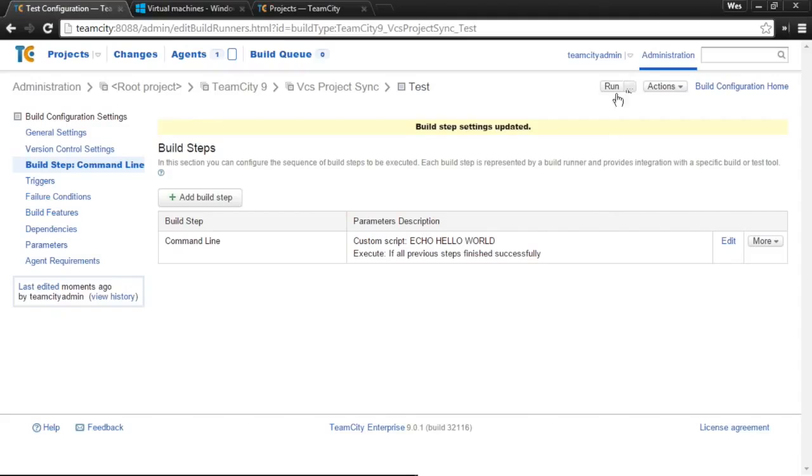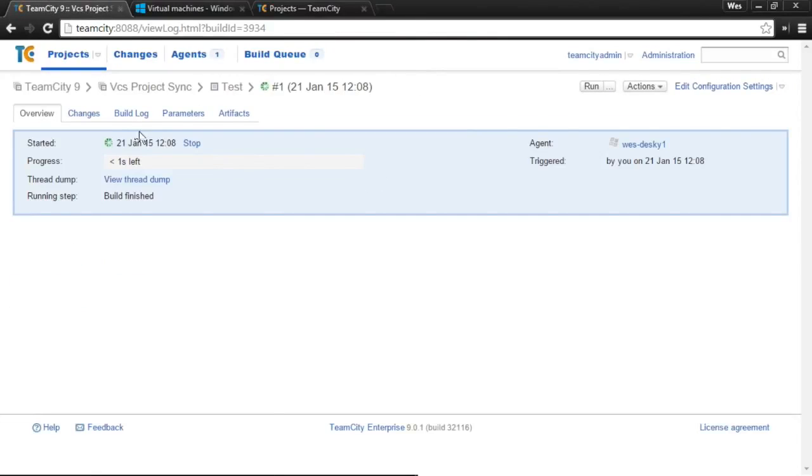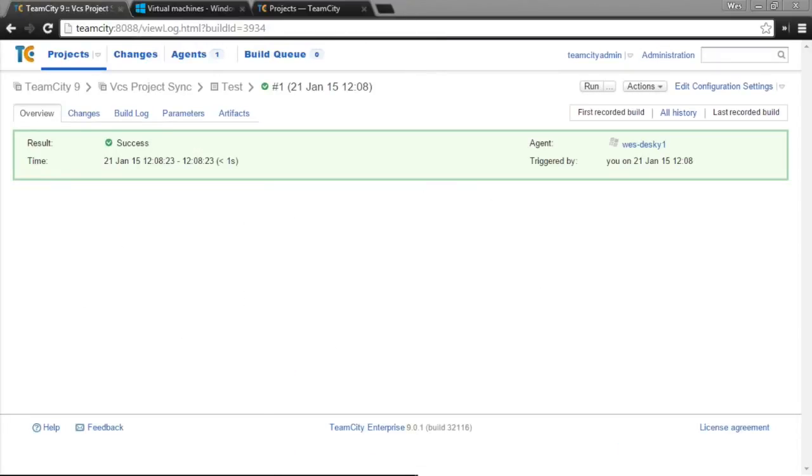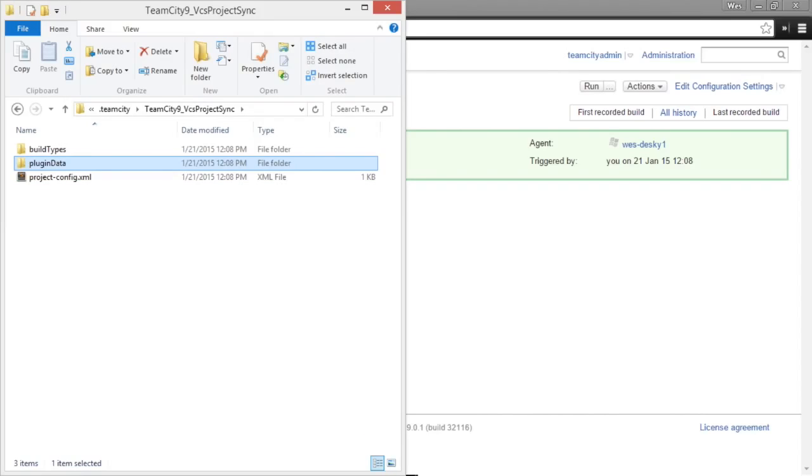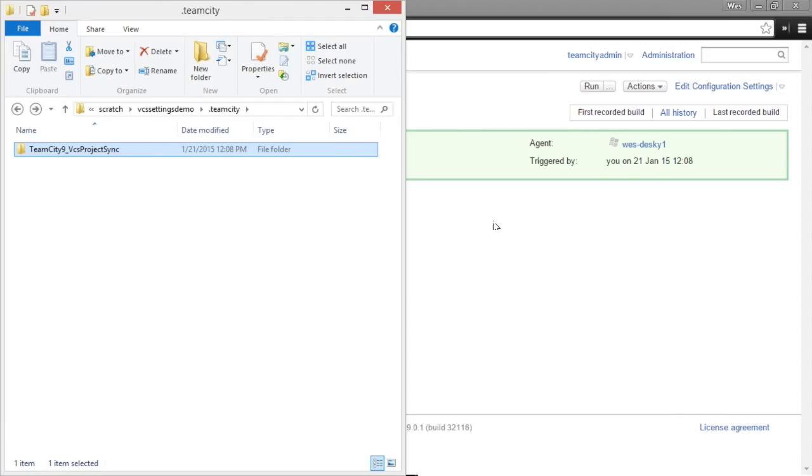And of course, we could also then run this really quickly and just look at that message. And then while that's running, I'm going to pull up that repository. And I'm going to actually go about, let's change the file and see things synchronized. So here is that repository on disk, and it's a local repository, so I can edit it here as well. And I can go into the build types, and here's that test build configuration's XML file. So if I go ahead and open that up then,